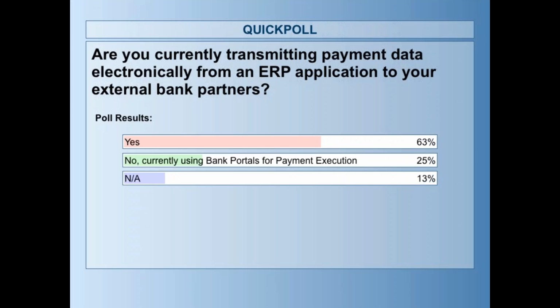So showing the results here, primarily folks electronically transmitting the data from your ERP application, which is great news. I think that gives a head start to this effort in the cloud. With that, Logan, if you want to kick off the first of the